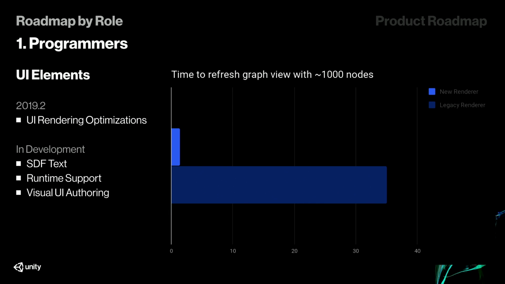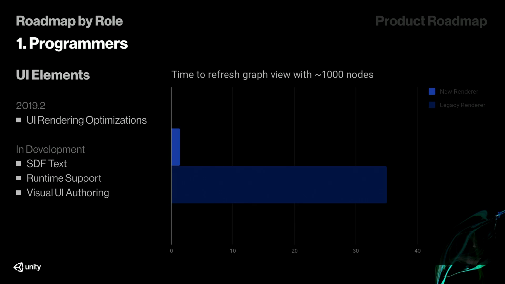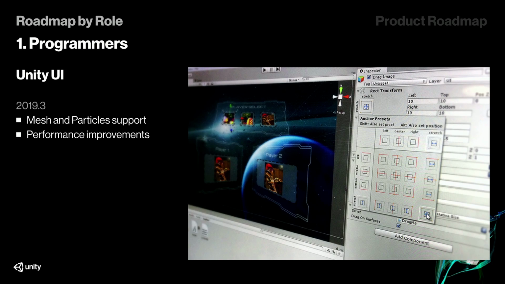And the things that we've got in development for this is signed distance field for text. So that's the tech that drives TextMesh Pro, if you're familiar with that, as well as runtime support. So we want to bring UI Elements into runtime so that you can use it in your games as well. And we're also going to build a visual UI authoring tool for that. Speaking of UI, lest we forget our good old friend Unity UI, aka UGUI, we didn't forget about it. We are working on mesh and particle support as well as a host of performance improvements for that, so rest